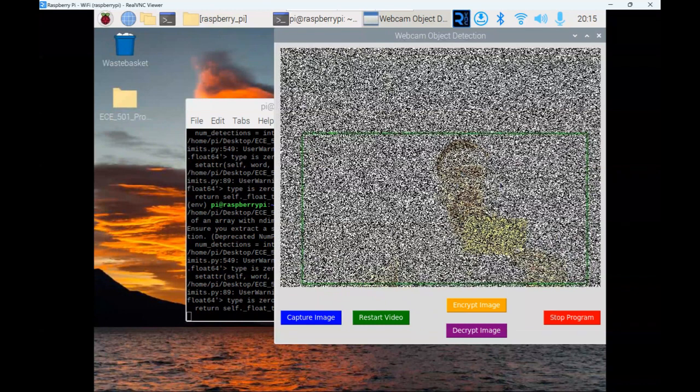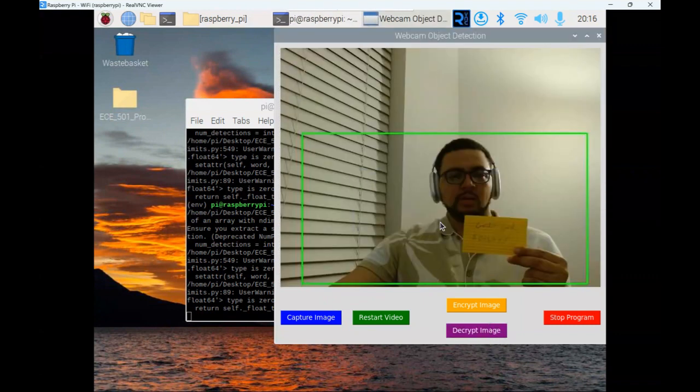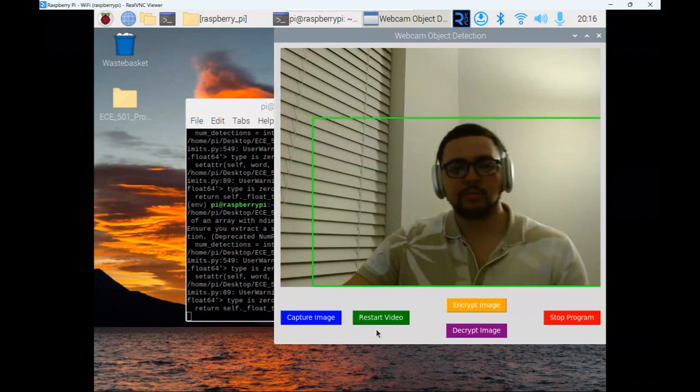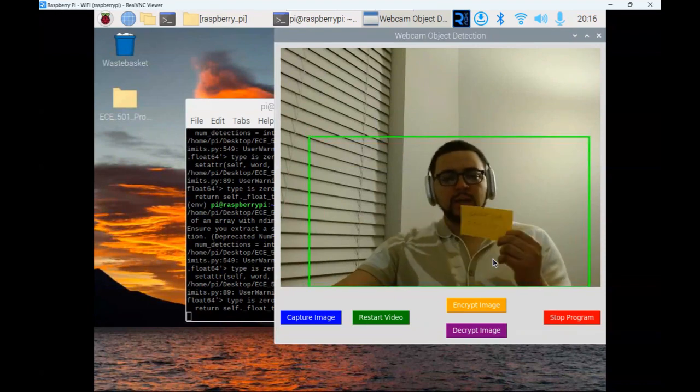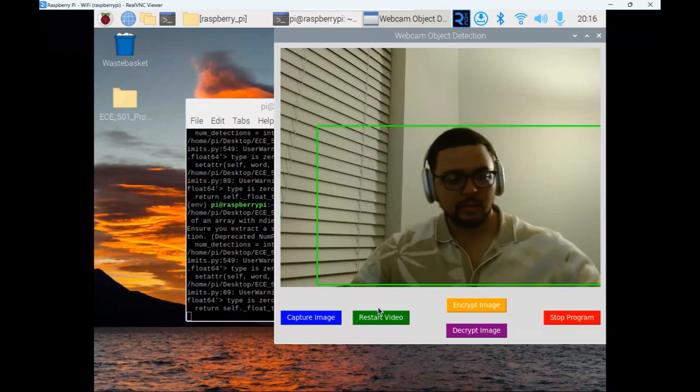It will make it very hard to identify any useful information from this image here. We can also decrypt the image back to its original format. And then to restart the entire process again, we can restart video, and it will bring back a live video feed. So if I do that with a different object,